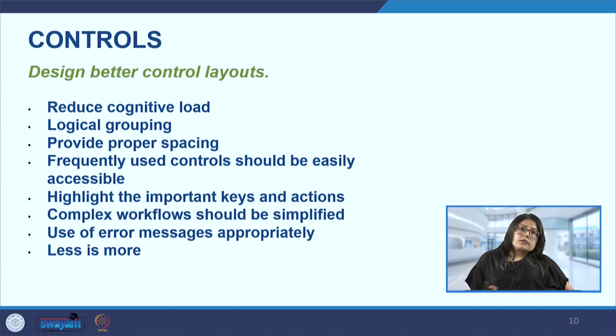Because these mistakes can happen by very bright people as well, it depends on how this information is presented to the user. Is it ambiguous, is it clear? Depending on that, the user may sometimes make a mistake. So we have to, in a positive way, highlight the mistake so the user is able to correct it. And finally, less is more.